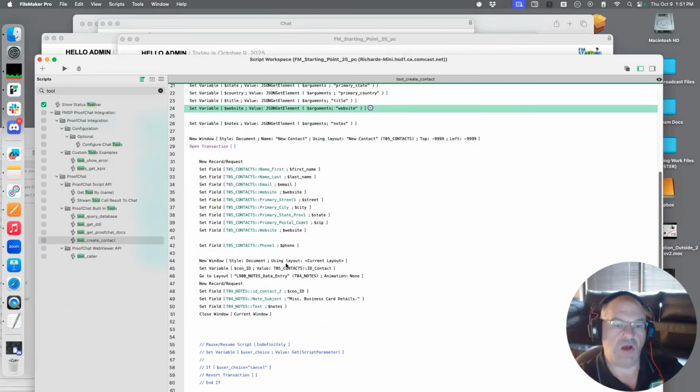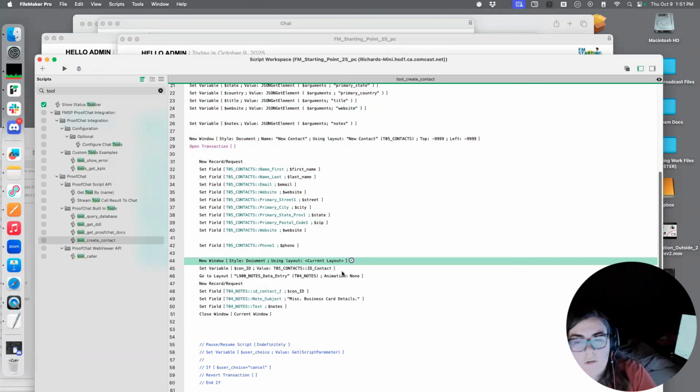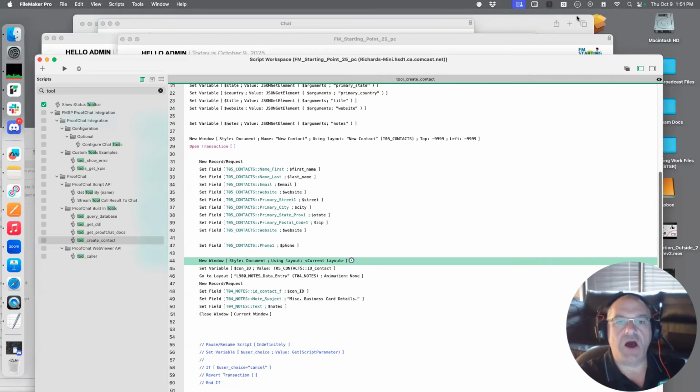relationships and add, by grabbing the basic contact ID, attach a note to it, and collect all the eclectic information. So everyone, this is a script, but in common parlance,